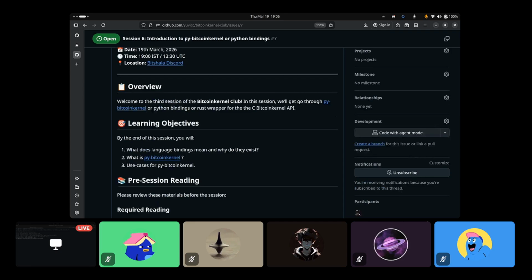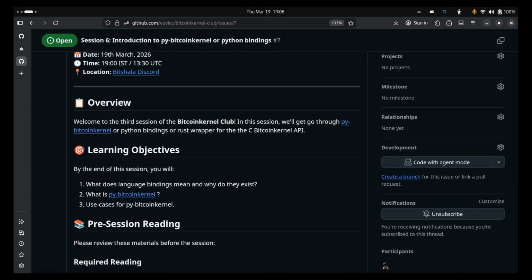So, why do the language bindings exist in the first place, and why do we need them? As I've discussed in the previous session, language bindings exist because we have a lot of projects that require the Bitcoin consensus engine, or basically Bitcoin validation logic. And the project might be in different languages such as Rust, Python, Java, Golang, .NET as well. So for that reason, the language bindings exist so that you don't have to deal with all the C,